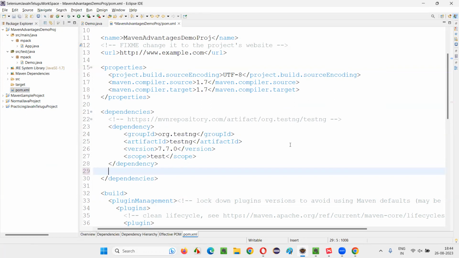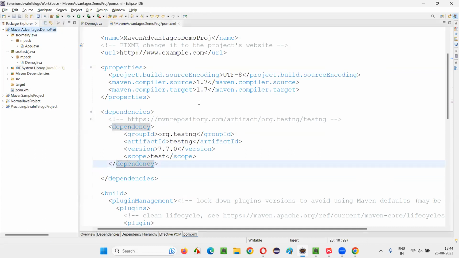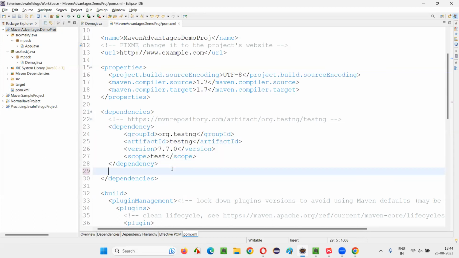Many other libraries like this, like the POI API for reading and writing data into Excel files. A lot of third-party external libraries you can add to your project. Java comes by default. If you want some third-party libraries that are not in the project by default, then you have to go to the pom.xml file of this Maven project and add the dependency tags of those third-party libraries and simply